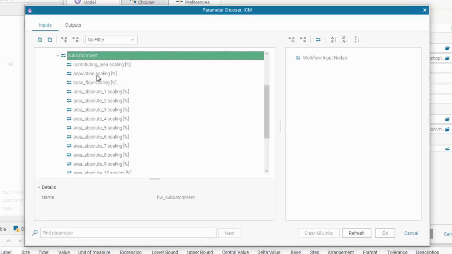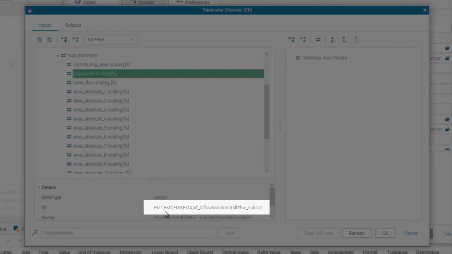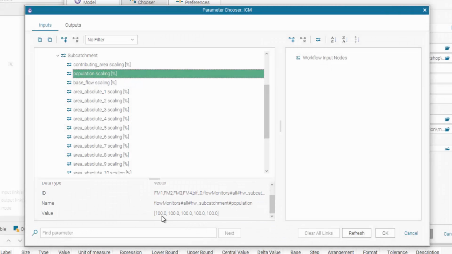So in this case, I click on the population because I want to control the population for each flow monitor and all the subcatchments associated to each flow monitor. So in this case, I have flow monitor 1, 2, 3, and 4, one additional bifurcation point, and I'm going to be able to scale all of those